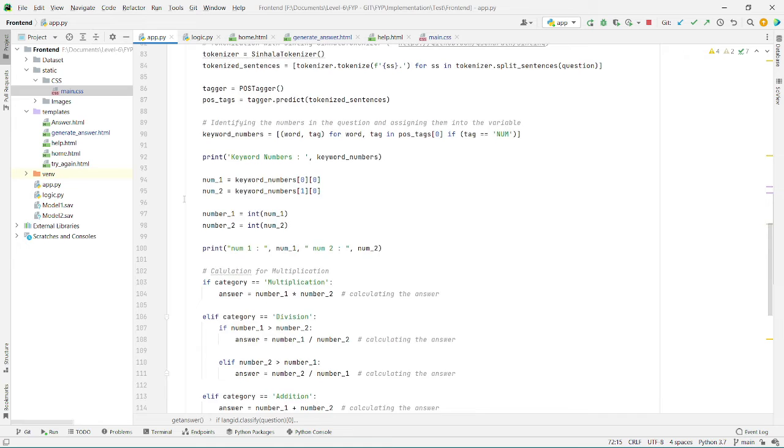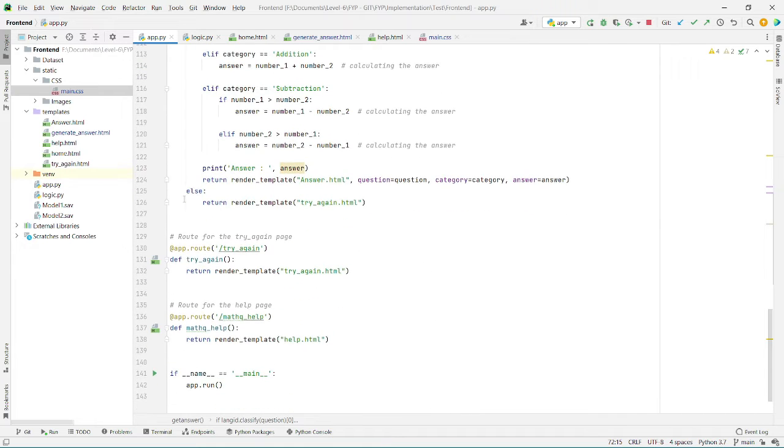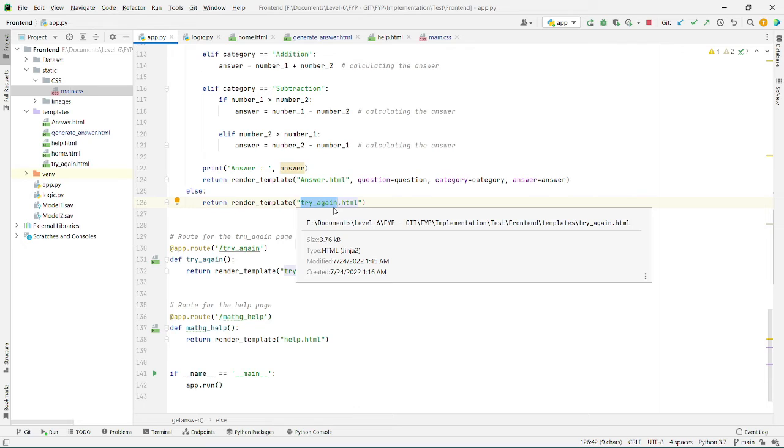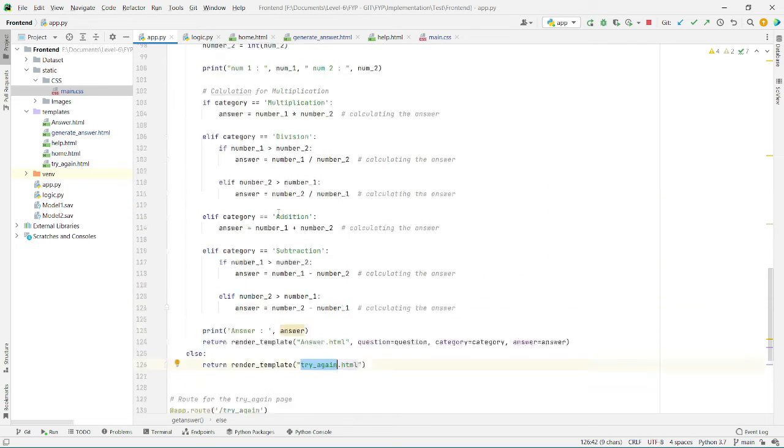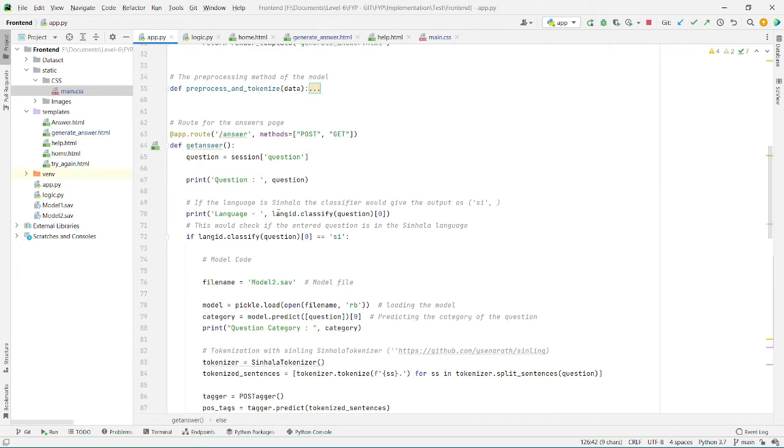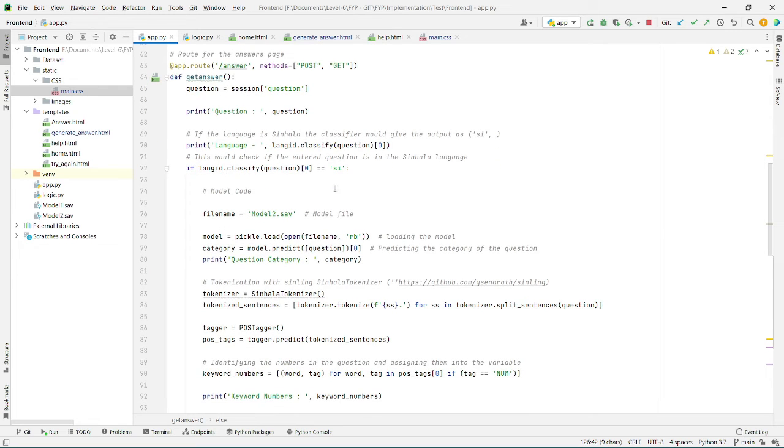If another different language question is entered, then the render template would render the page of tryagain.html, which will be shown later on.